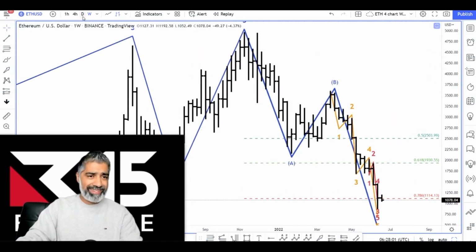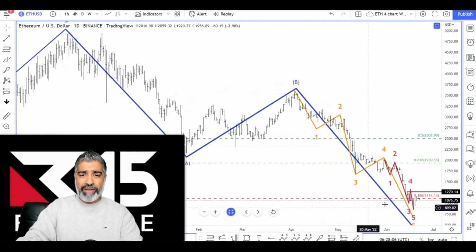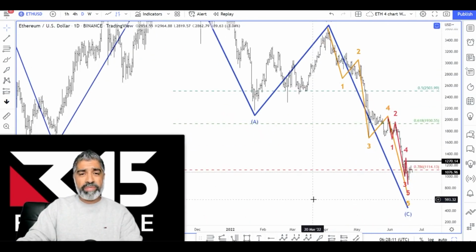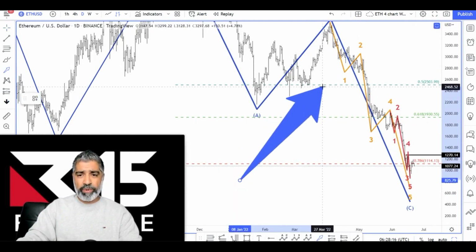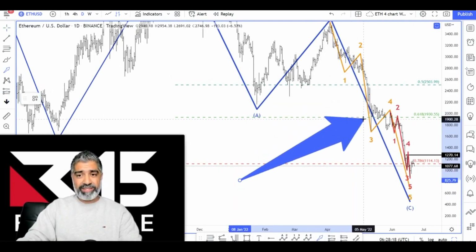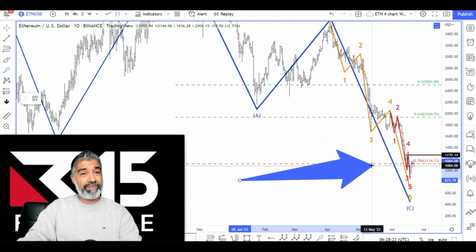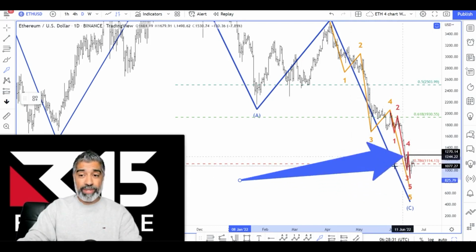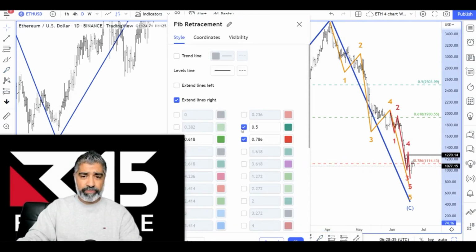I can actually now jump back into the daily chart because I just needed to get that data in play. So what we have here with these 3 lines is basically the typical minimum, typical, and maximum wave correction of an ABC. So this is the typical. We've clearly surpassed that. This is also very common, 62%. We've passed that, and the typical maximum is 78.6%, which is this red line over here. So this is the one that we want to pay attention to, and the one we're going to keep because we're in that zone. You can see we're in that zone. So this is a typical maximum. So I'm just going to get rid of the other 2.